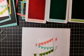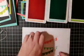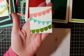And I'm going to ink that up in Granny Apple Green. Oh, that is a lot darker, but that's okay. We're going to go with it, you guys. I think it'll be fine. If all fails, we'll just leave that frame off if it looks horrible. Okay, now that we have our little banner stamped here,